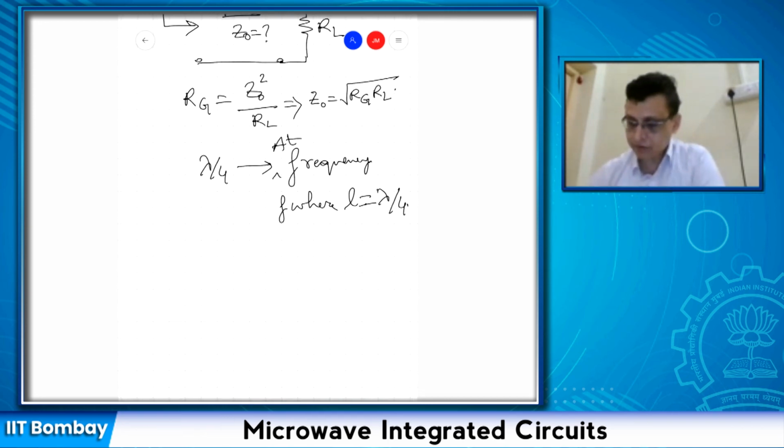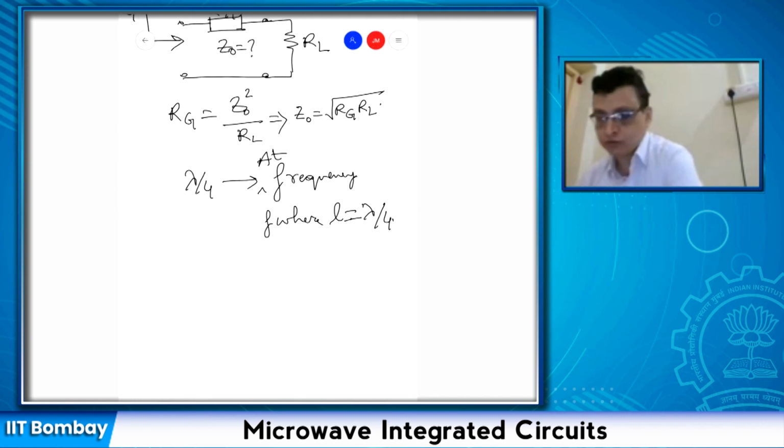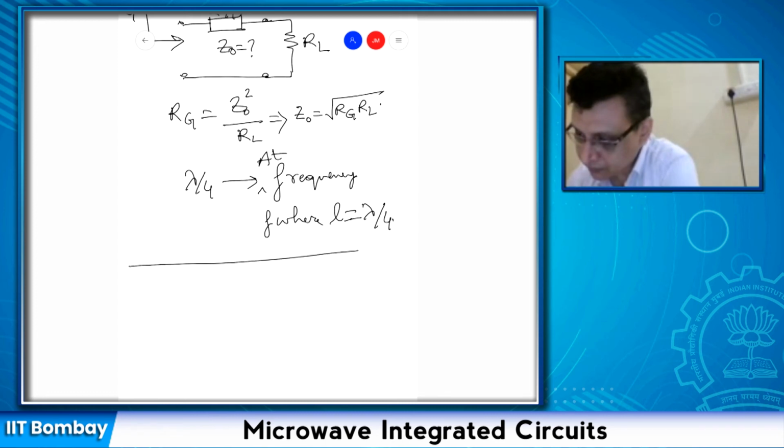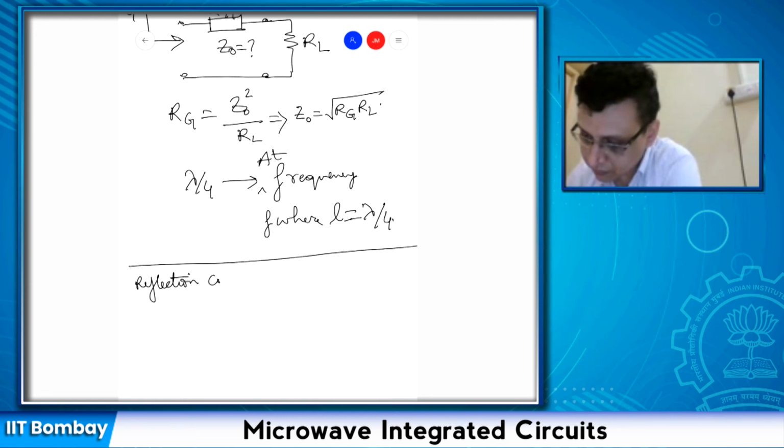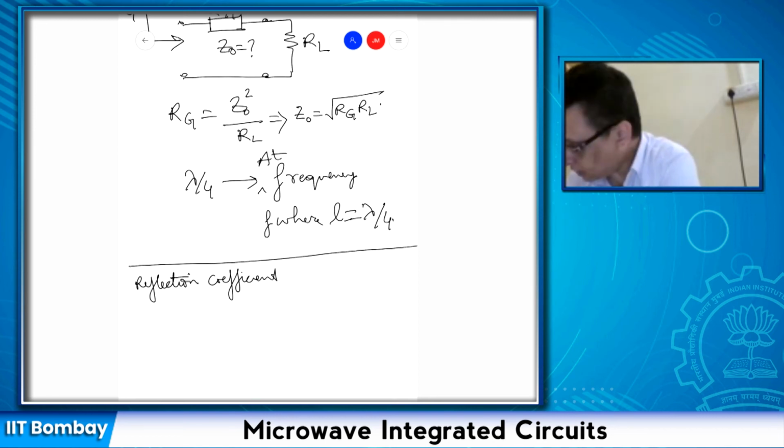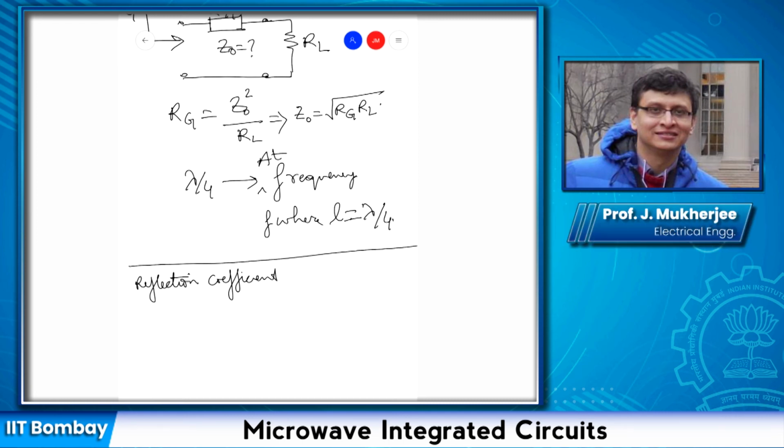Okay, so one important concept, or one important parameter that we need to know, and which is very important in microwave engineering, is what is known as reflection coefficient. So what is reflection coefficient? Suppose again we consider a transmission line